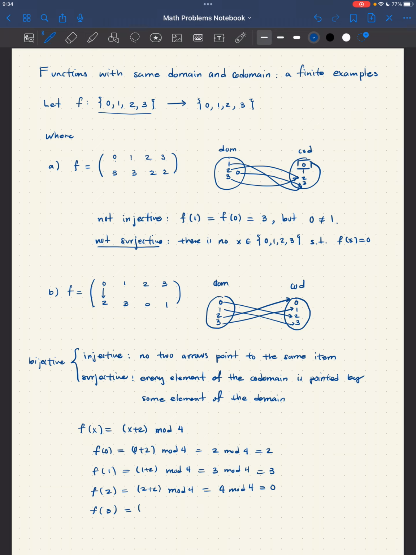Well, now I have 3 plus 2 mod 4, which is 5 mod 4, and the remainder of this, when you divide 5 by 4, is 1, which is exactly